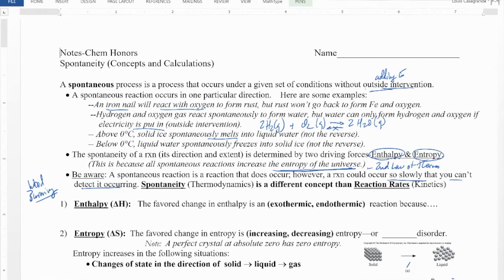Okay, so let's go back to our idea of enthalpy. So enthalpy, delta H, has a favored direction of change, and that favored direction is exothermic. So why is an exothermic reaction favorable? So remember, exothermic means that the delta H is less than 0. It means it's negative. So the system